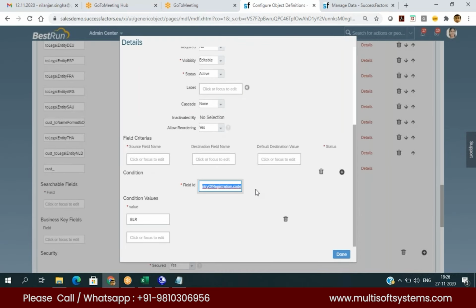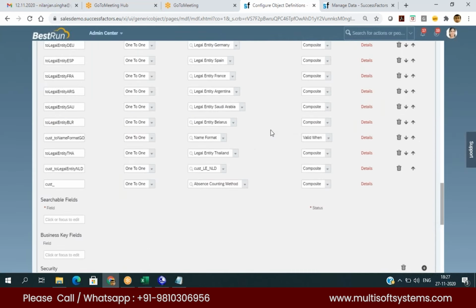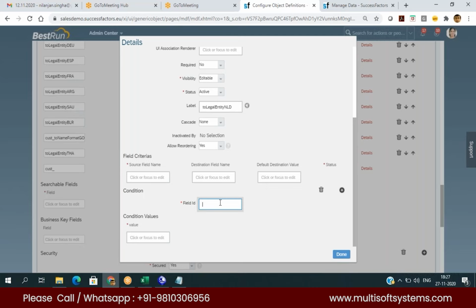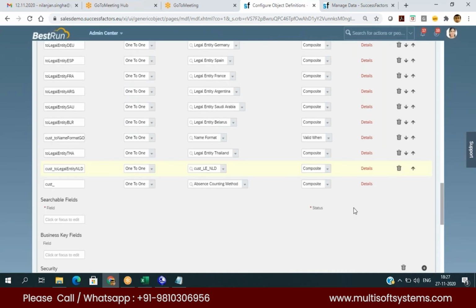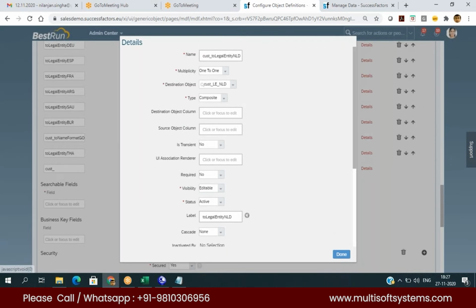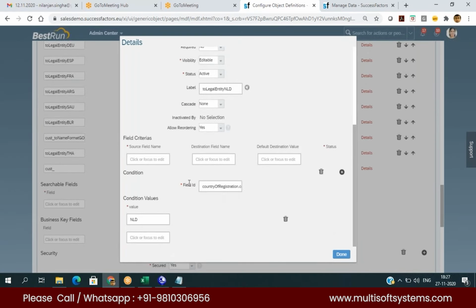ठीक है, कोड कॉपी करते हैं। थाईलैंड के लिए किया हुआ है, वैसे मैं नेदरलैंड के लिए यहाँ पे आता हूँ, यहाँ पे फील्ड डालता हूँ कंट्री ऑफ रजिस्ट्रेशन कोड चेक करेगा। जब इसकी वैल्यू नेदरलैंड होगी, नेदरलैंड का कोड है NLD, तभी ये काम करना चाहिए। अब मैं इसको सेव करता हूँ। यहाँ पे जाकर हम लोगों ने एनएलडी वाले में कंडीशन लगाया।